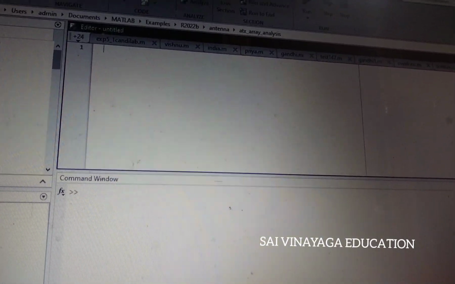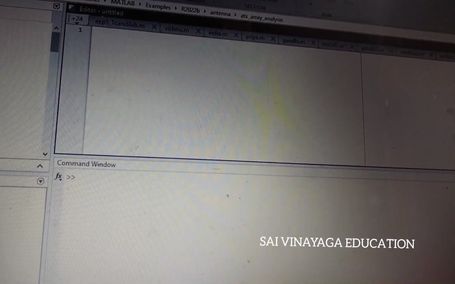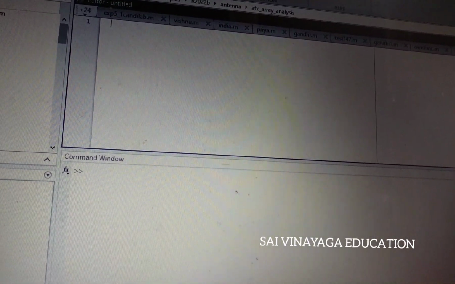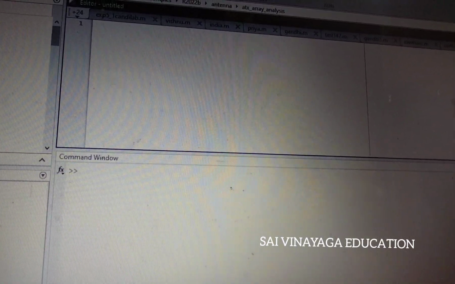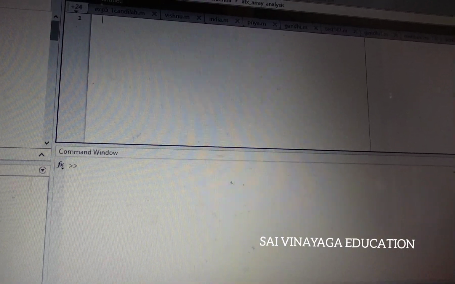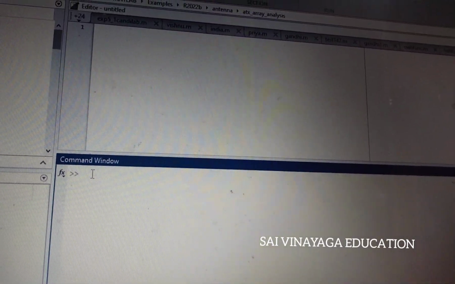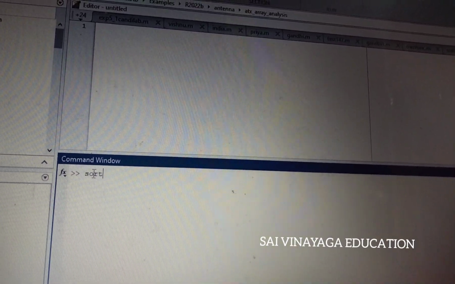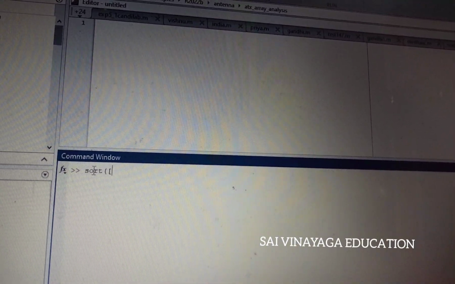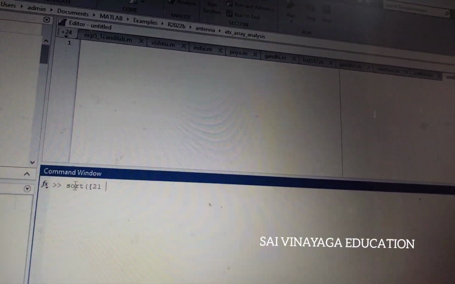You know the sorting algorithms, especially computer science students: what sorting algorithms are there, bubble sort, heap sort, linear search, and many more. So in MATLAB it has an inbuilt function named sort. It is named as sort of any function. If I type it in terms of an array, so 21, 33,